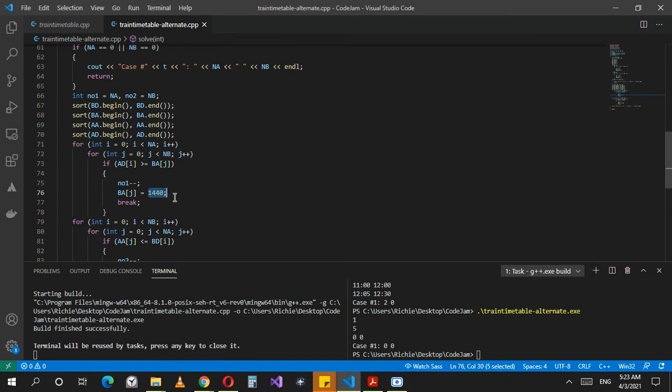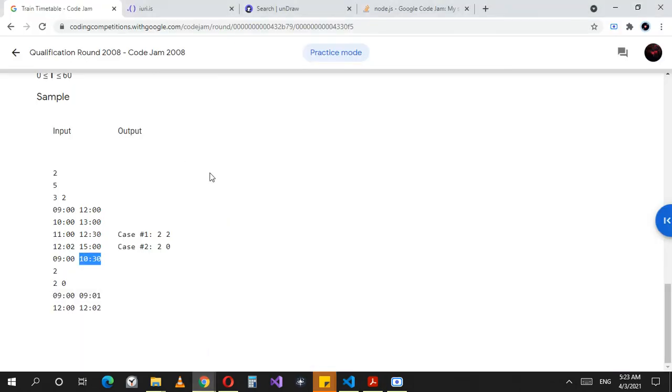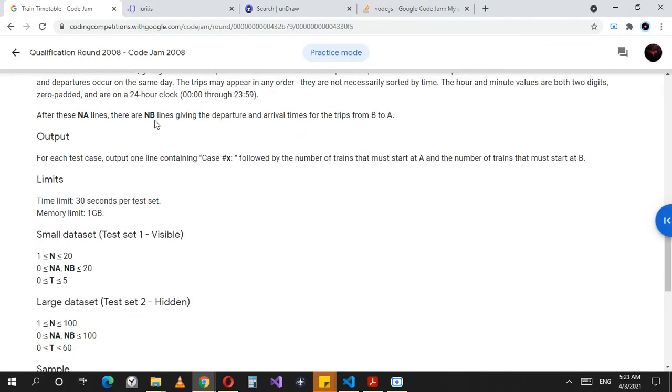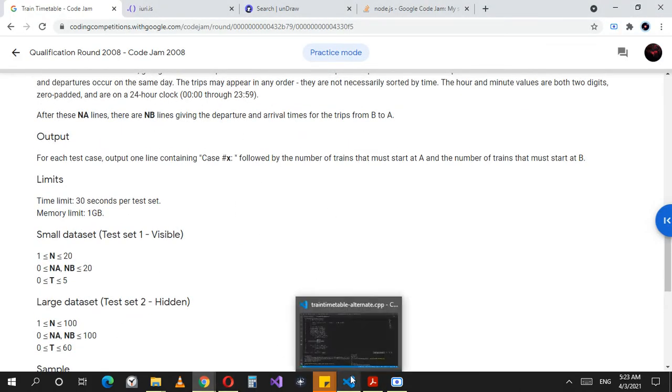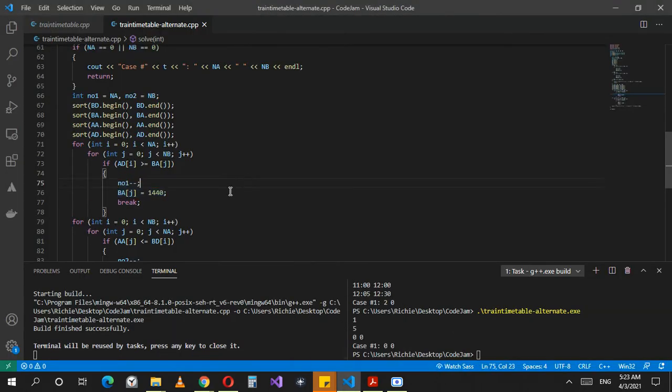That's the 24-hour mark. When you convert it to minutes, it's going to be this value, and none of the values in this vector is ever going to reach this value, because the max time we can have is 23:59, and they very specifically say that all trips happen in the same day. So there's no trip that's going to extend into the second day. So that we can very confidently add this as the highest value.